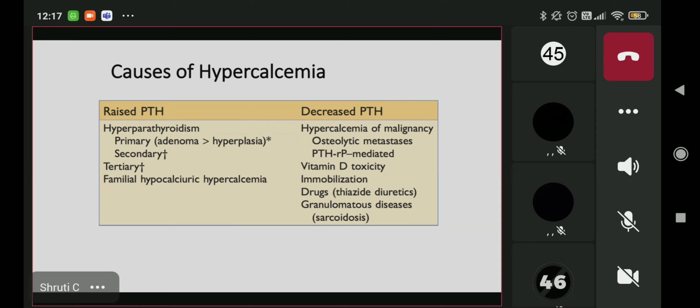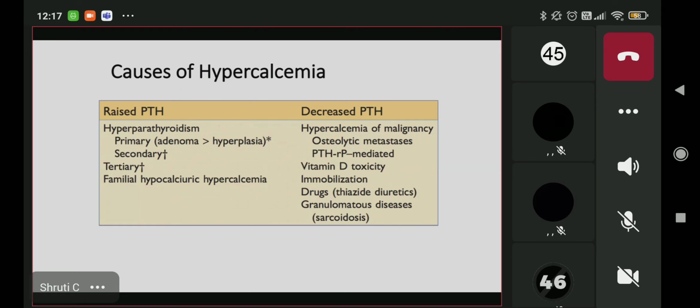And the decreased parathyroid hormone, maybe if hypercalcemia is occurring, I have already told you the solid cancers, the malignancy due to parathyroid hormone related protein, and also if the malignancy is directly involving the bone, metastasizing to the bone and causing lysis of the bone, then again there will be bone resorption and ultimately hypercalcemia. Other reasons are vitamin D toxicity, immobilization of calcium due to any reason, some drugs, and granulomatous diseases. You don't have to go in much detail, but this table is in Robbins, so you should be aware of